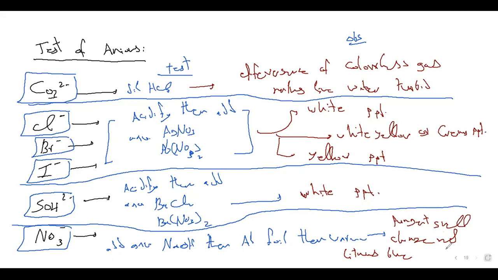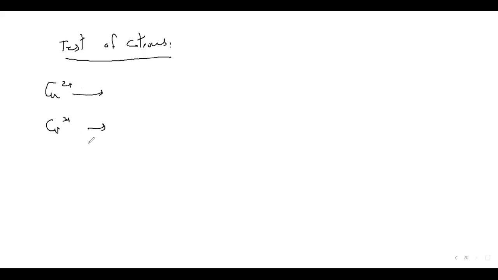After that, for cations, the positive ions, we have copper, chromium, iron 2, iron 3, zinc, aluminium, calcium, and the last one is ammonium. With aqueous sodium hydroxide,